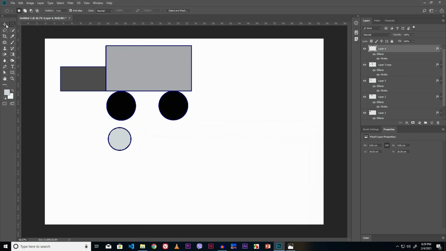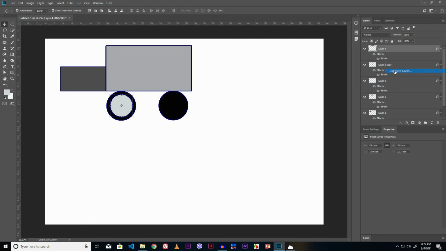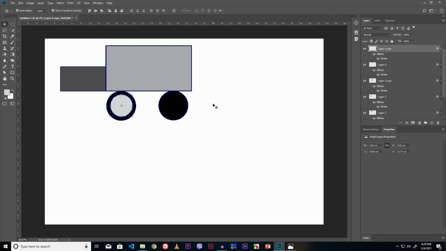Now move this object to the proper place. Make its duplicate copy. Just right mouse click on its layer. Click the Duplicate Layer option. Click OK button from here. Now move the duplicate copy using the Move tool.